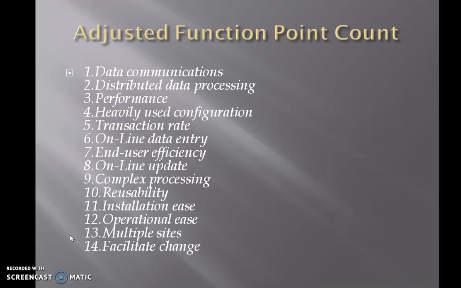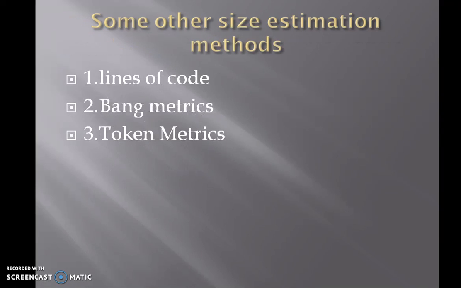There are a few other metrics through which size can be estimated, like lines of code, bang metric, and token metric. The line of code measure is used to measure the size of the software, but function point is more accurate than estimated LOC. Bang metric can be calculated from certain algorithms and data primitives available from a set of formal specifications for the software. Token metrics are calculated by counting tokens in the source code of a system program or program unit. A token is a simple entity that makes up a program.